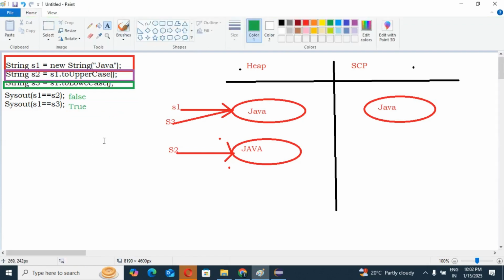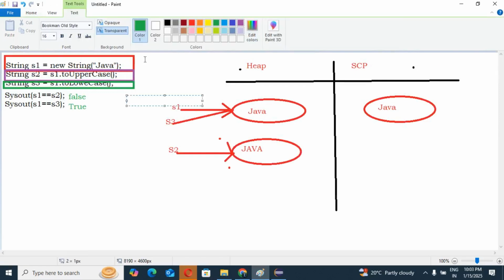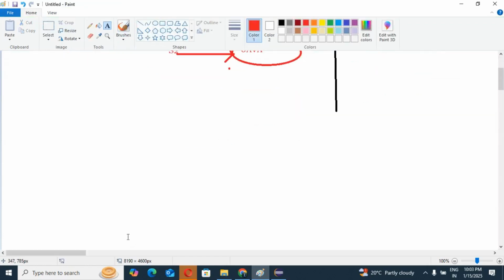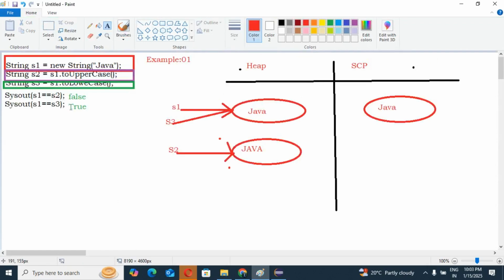We get this response once we run the application. Guys, don't worry, I will also execute this in our IDE. So this is example number one. Now I am going to explain example number 2, by which you can also understand what is happening.